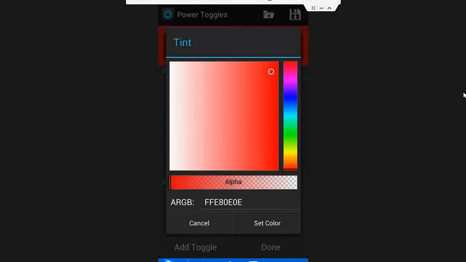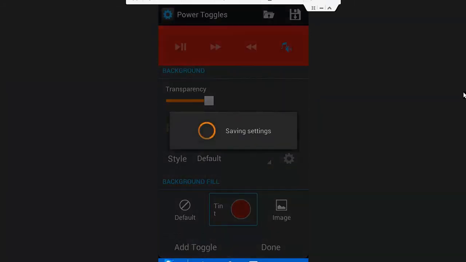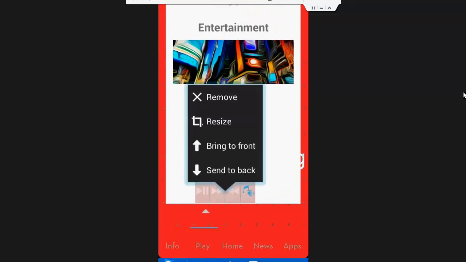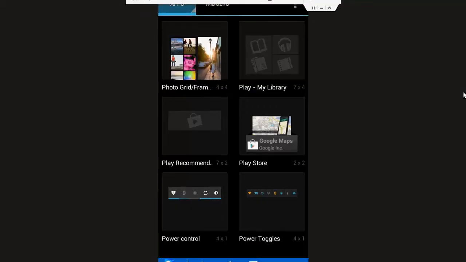Let's make it like this. I'm not sure how this one will look, so yeah, it kind of matches the background of my wallpaper. That is the background wallpaper. So do like this. Now once you start playing a song,